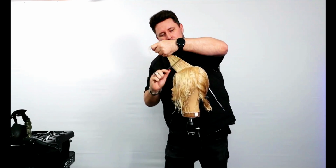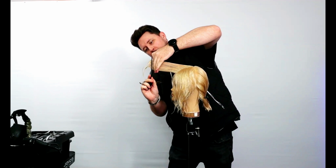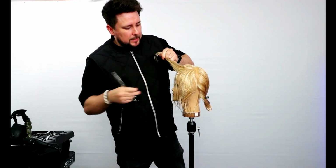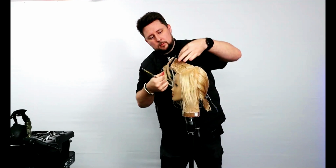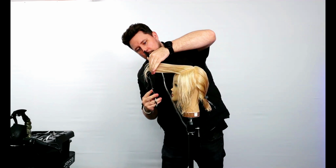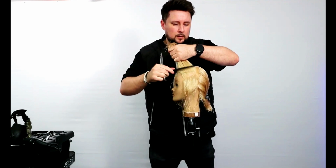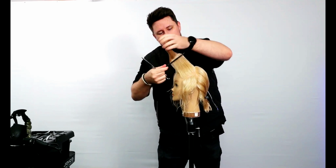So we're going to pull up. We don't want any bagging at the base. Pull straight out from the head. Find our guide. And we go straight up. And I'm just taking inch sections as we work through here. Again, guide, straight up. Next section, we're elevating and over directing up to this middle section. And then once we're happy,